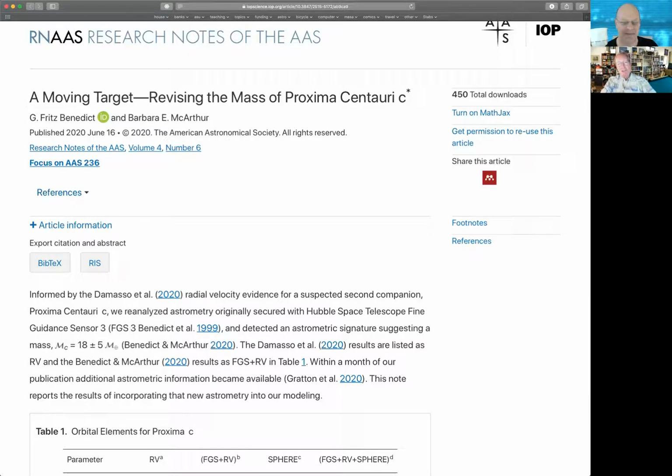So this brings us up to January of this year. And much to my delight, there was a paper by Damasso and his co-workers that purported to show a companion orbiting Proxima Centauri, which they called Proxima Centauri C. And this thing had about a